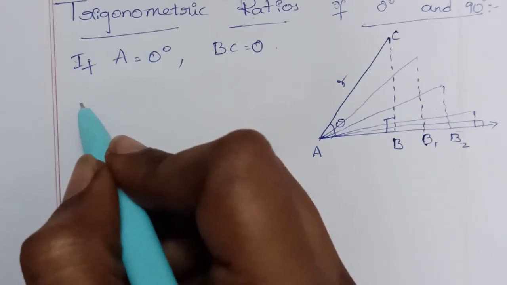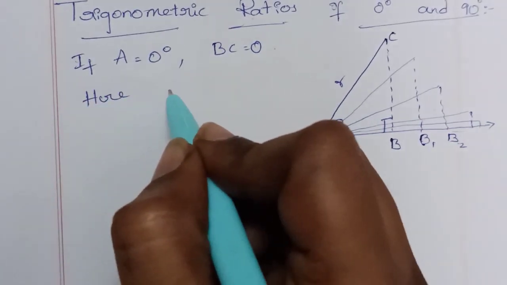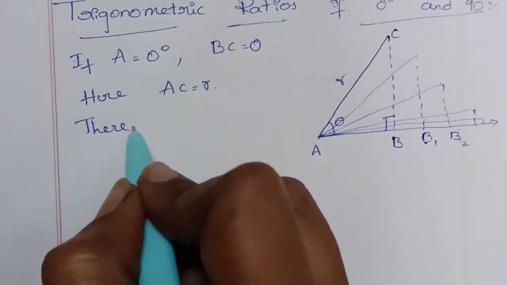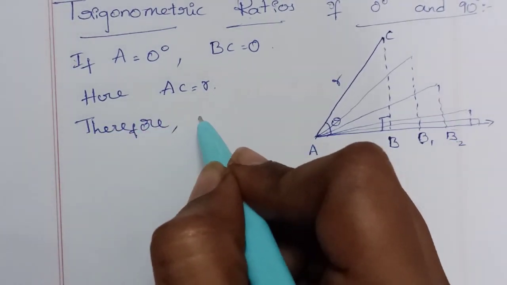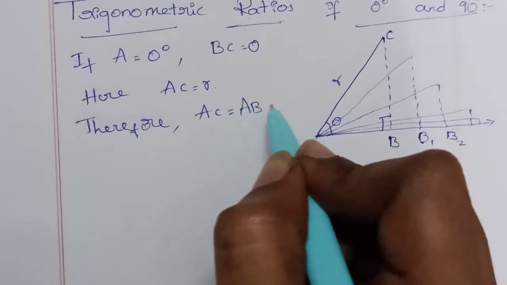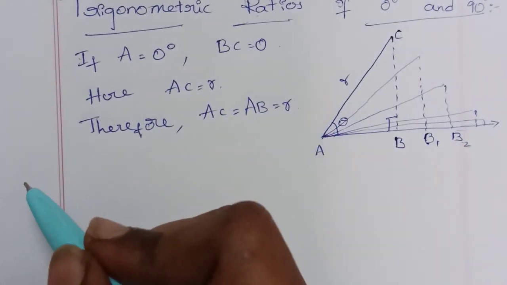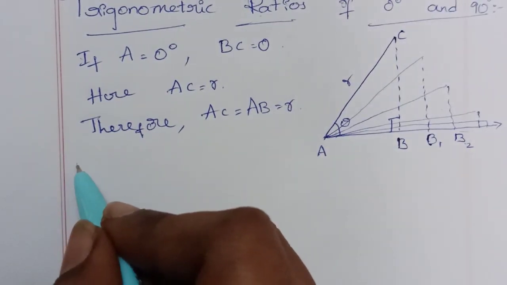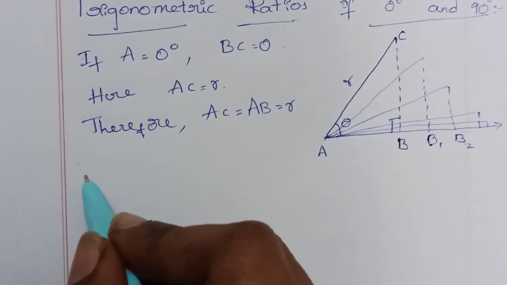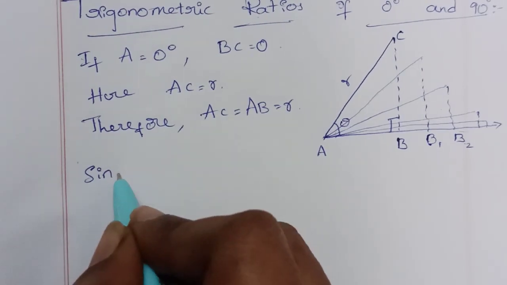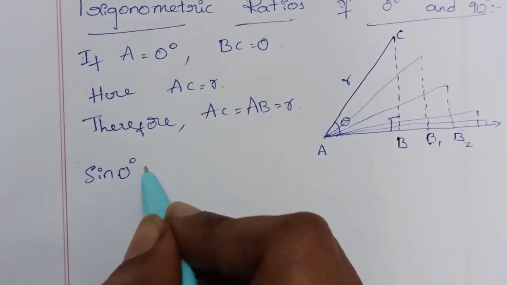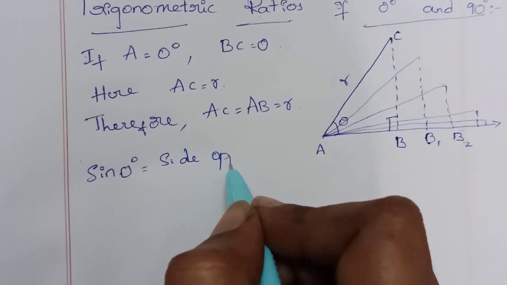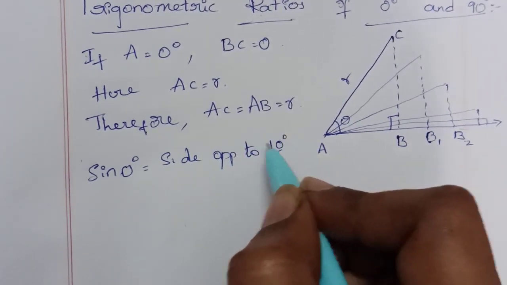Here AC is equal to R. Therefore, AC is equal to AB is equal to R. By the definition of trigonometric ratios, sin 0 degrees is equal to side opposite to angle 0 degrees by